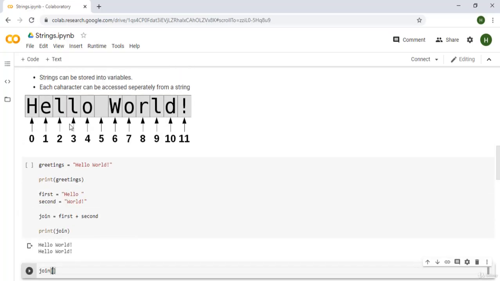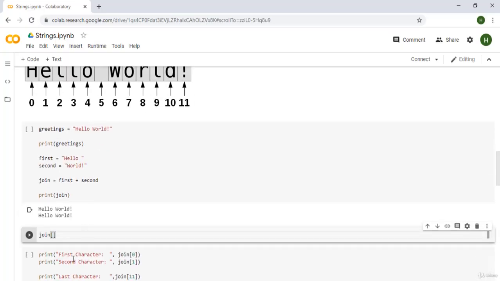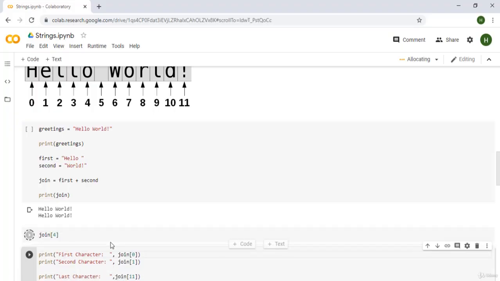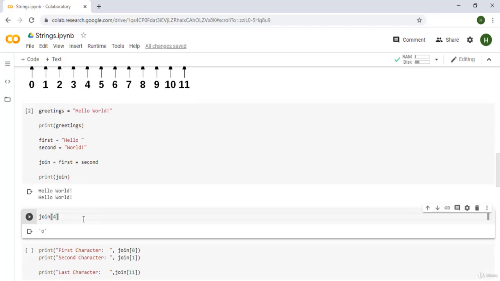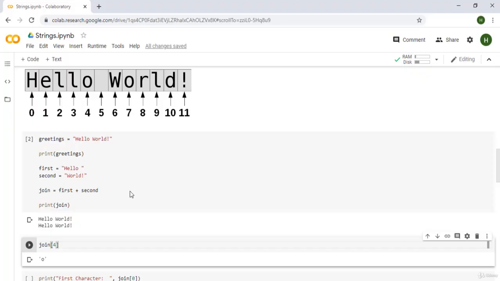So start from 0. If you want to access the O in hello, we're going to put 4 over here, and it's going to output the character 4. So as you can see, the output over here is O. Now you can see we can use indexing to access different characters from the string, which is a powerful